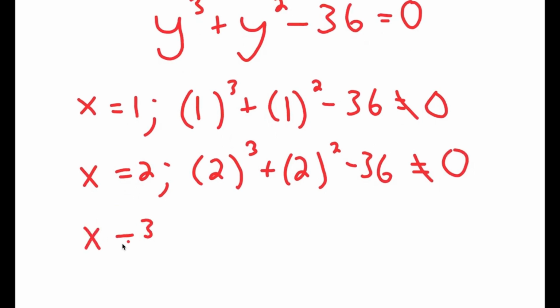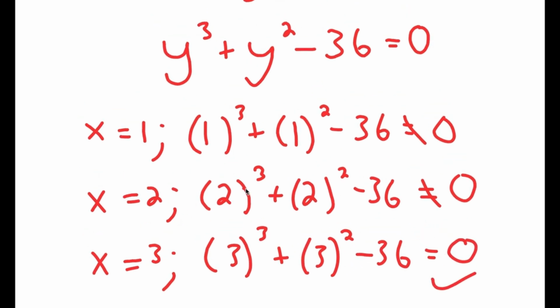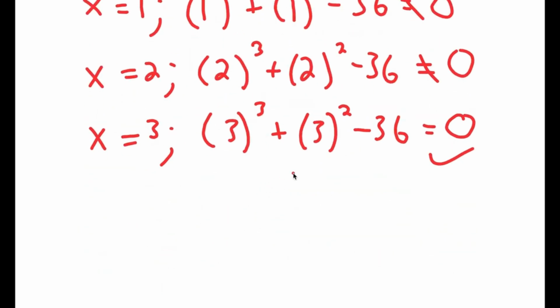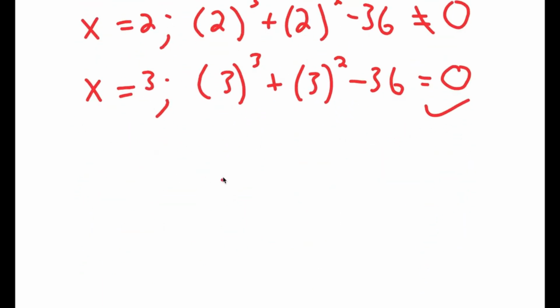Now I have 3, so I get 3 to the power of 3 plus 3 squared minus 36. 3 to the power of 3 is 27. 27 plus 3 squared is 9, so 27 plus 9 is 36. 36 minus 36 does equal 0, so this is right, and 3 is the solution. So now that I have y equals 3 as a solution,